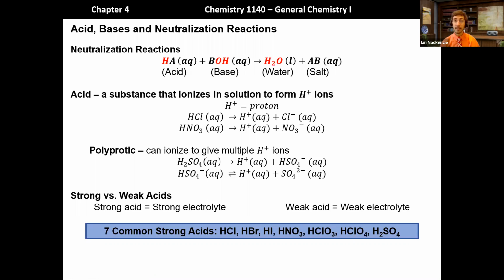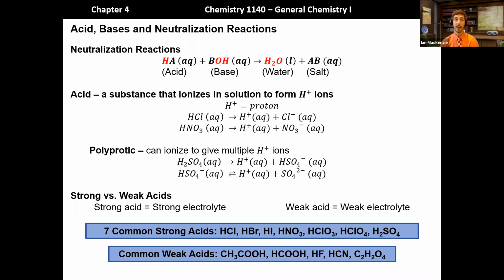Now, what about weak acids? Well, I'll list a few common weak acids. It is, again, still a little difficult to identify when something is a weak acid or when it's not an acid at all. That might be a little bit confusing, but I'll point out a couple things that might be helpful with that. So here are some common weak acids: acetic acid, which we'd seen earlier, formic acid as well,